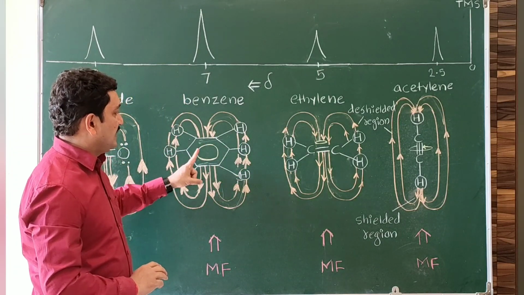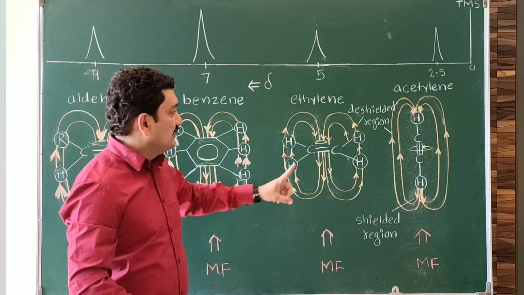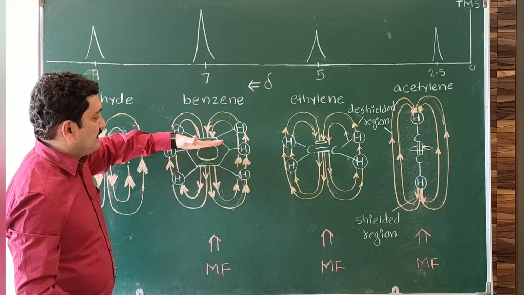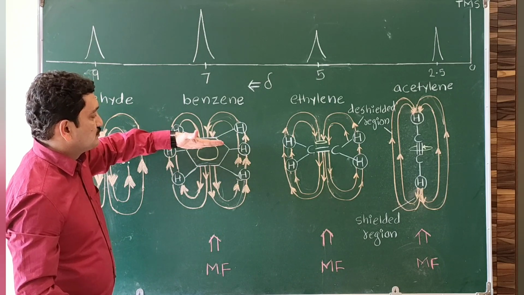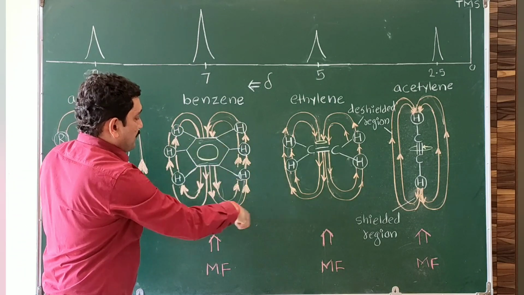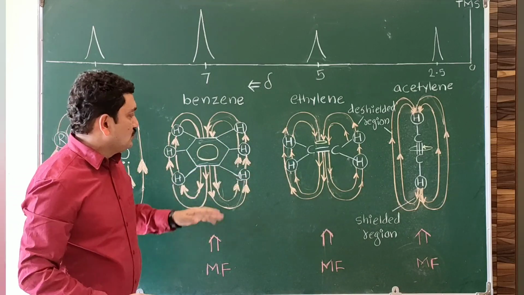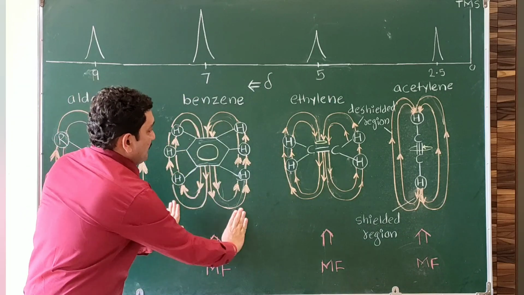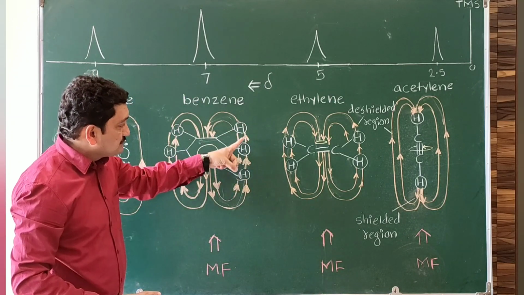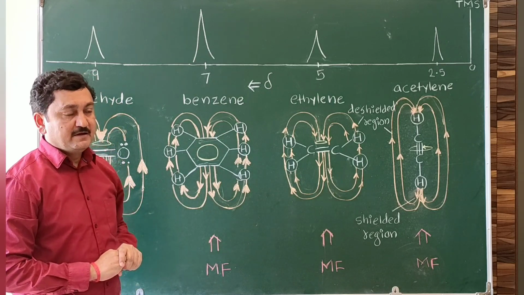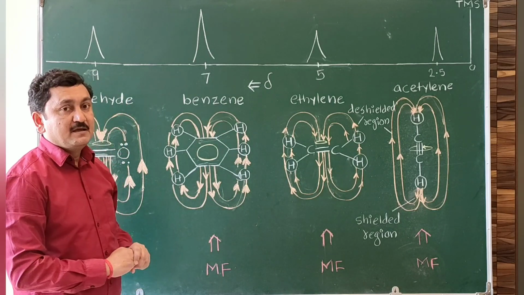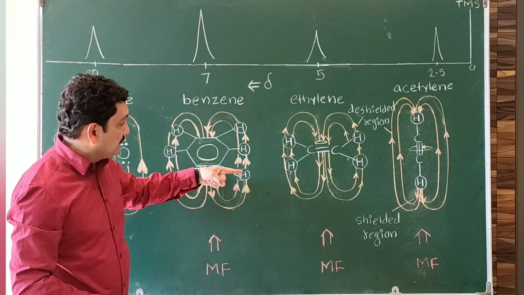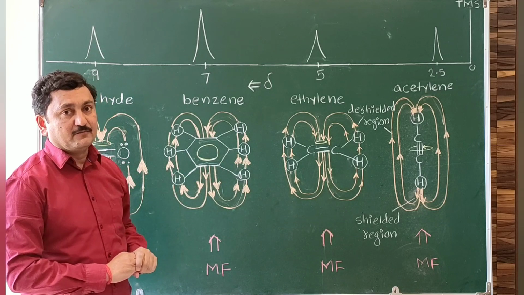Benzene has 6 hydrogens and it has 3 pi bonds. Ethylene has 1 pi bond, benzene has 3 pi bonds. So there are more pi electrons. They will vibrate and circulate more effectively. So the secondary magnetic field will be more pronounced than in ethylene. So this generated secondary magnetic field has powerful shielding and powerful de-shielding. Our hydrogens are present in the de-shielded region where the secondary field aligns with the external one. Less magnetic field we have to supply for these hydrogens. So less magnetic field means they will give the signal at higher delta value.